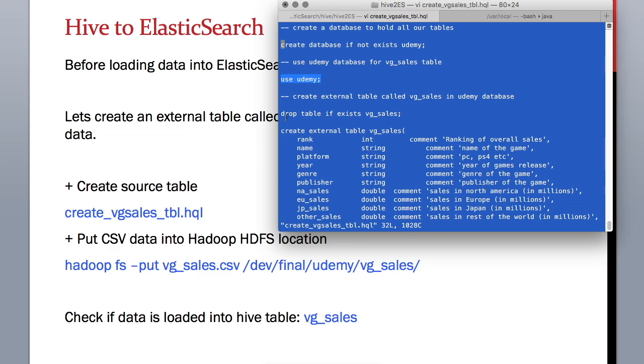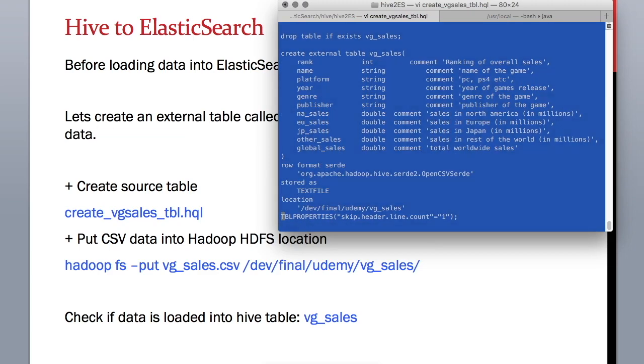Okay, so next statement is to drop vg_sales table if it is already existing. Okay, if the table is not there, then nothing will happen. Next statement, which is to create this table, this is the one which we are interested in. So let me scroll down a bit so you can see the full command. So from here to here, this is one command and it is creating a table called vg_sales in